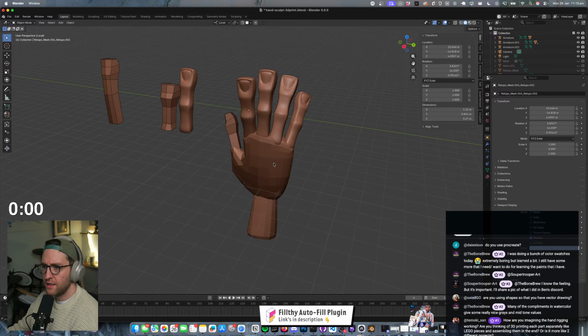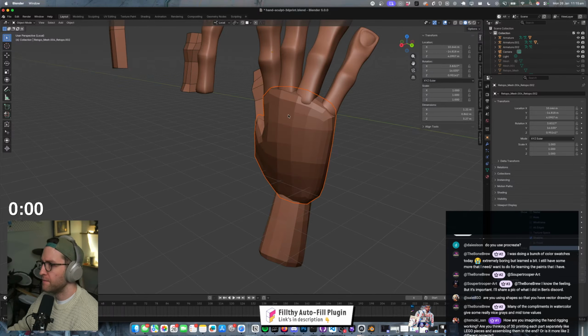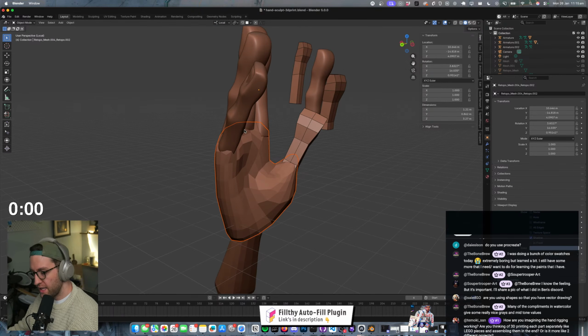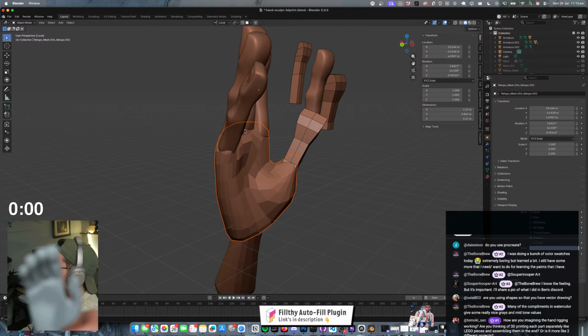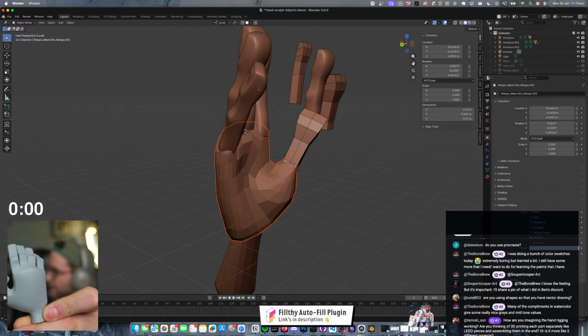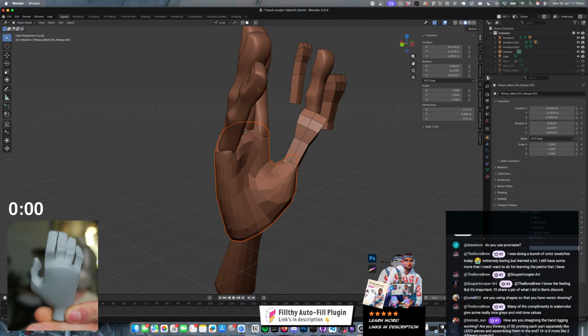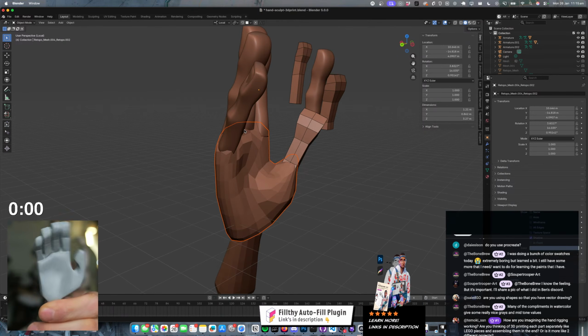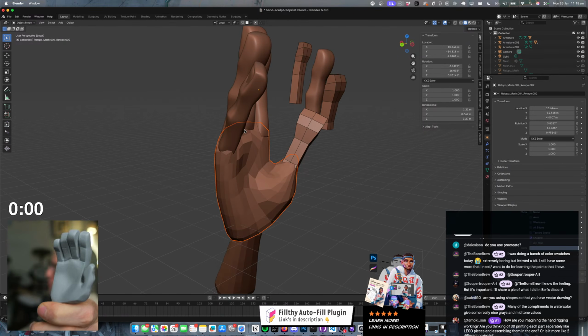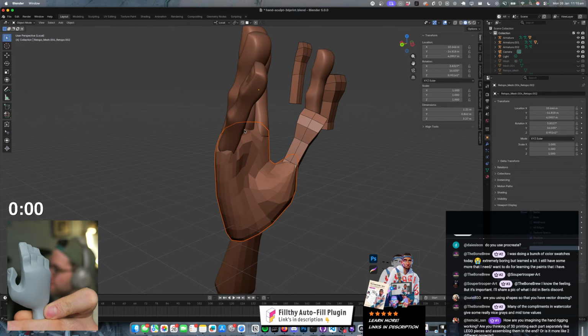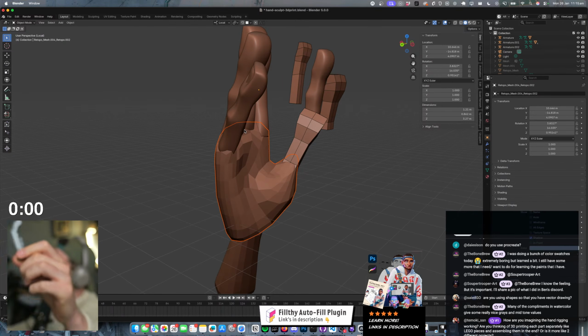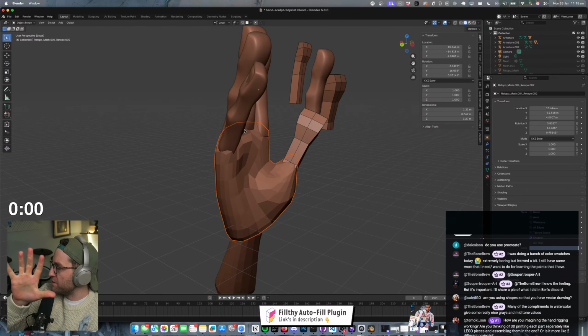So I'm trying to play, because I did a hand like this guy a while ago. There's like an experiment, little short, small art drop, right? But what I want to do is almost like a series of these hands in different poses.